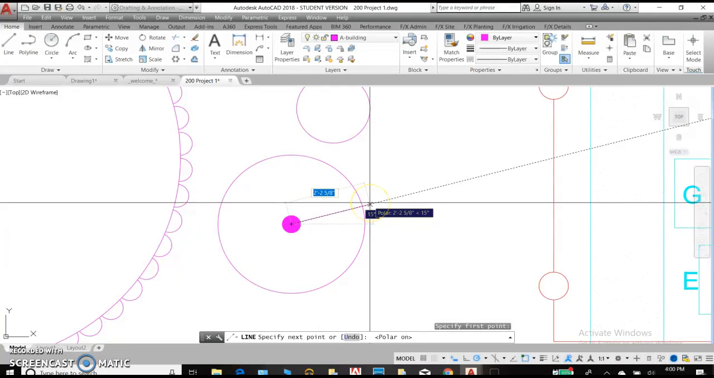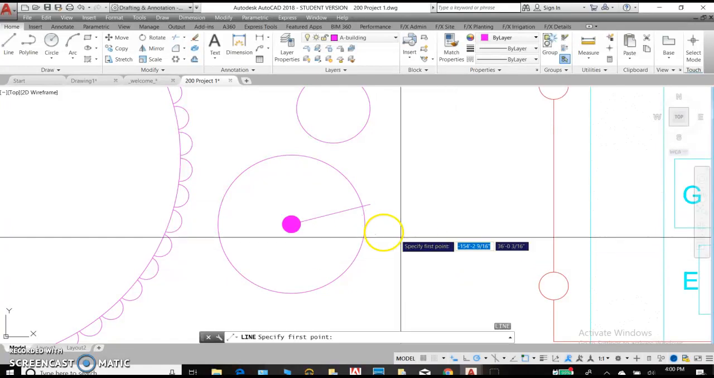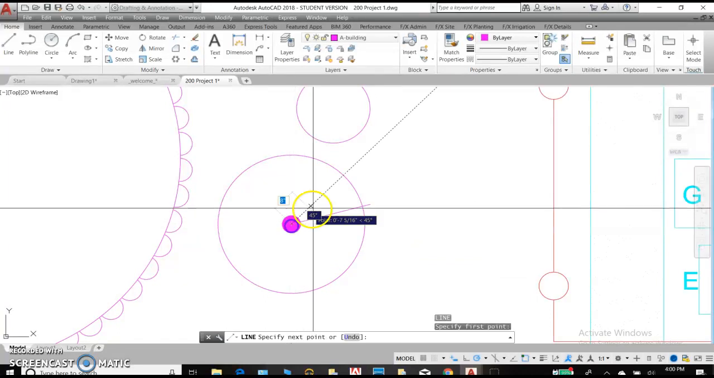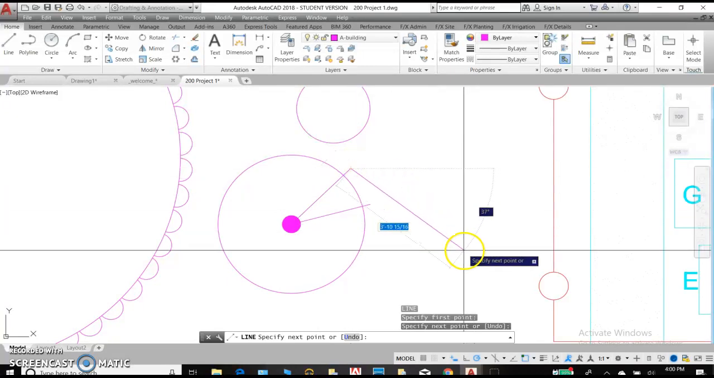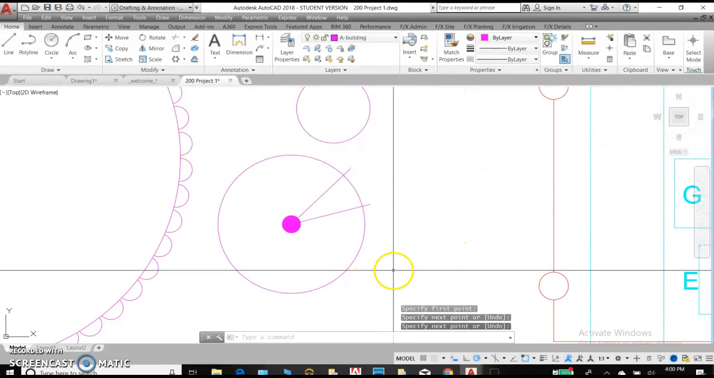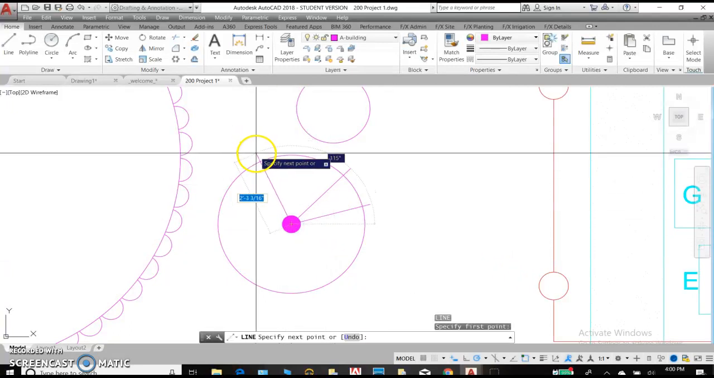So I'm going to draw a line at 15 and draw it slightly beyond the edge of the circle and hit enter. Let's draw a couple more of these lines. This one's at 45, again extending slightly beyond the circle. And go ahead and draw a few more, always extending from the bottom and picking a polar